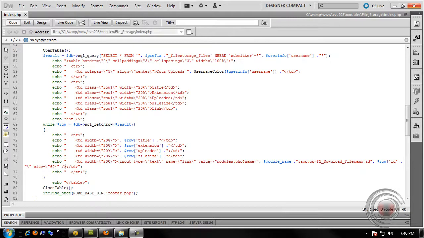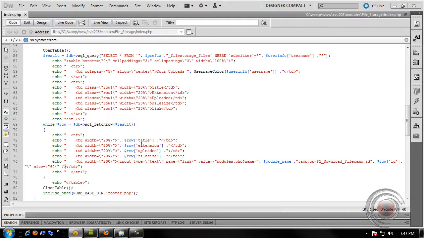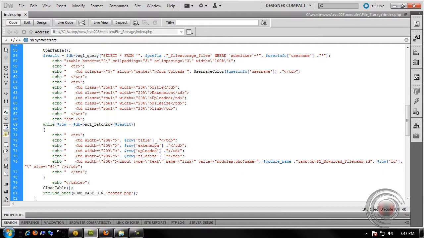In this section, we just need to fix a couple things. One is the uploaded. This is when the file was uploaded. So, to fix that, it's very simple. This function is already built into Evo. And all we are going to do is go to